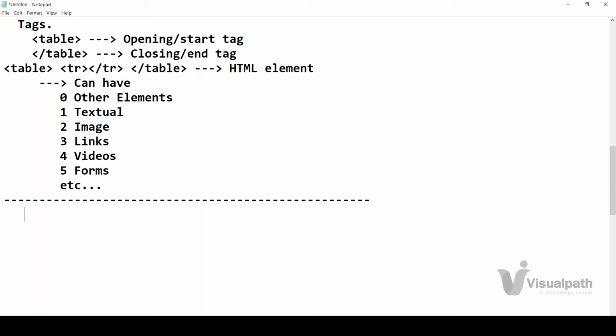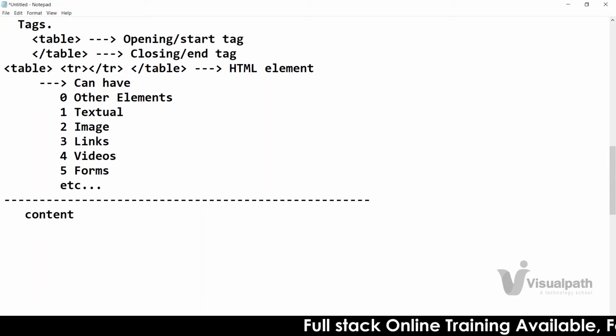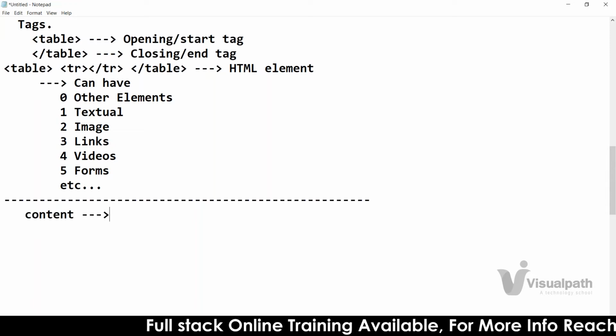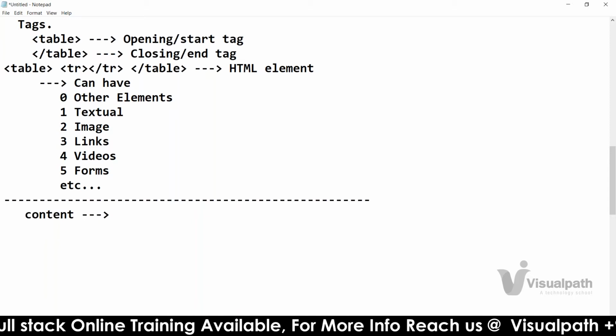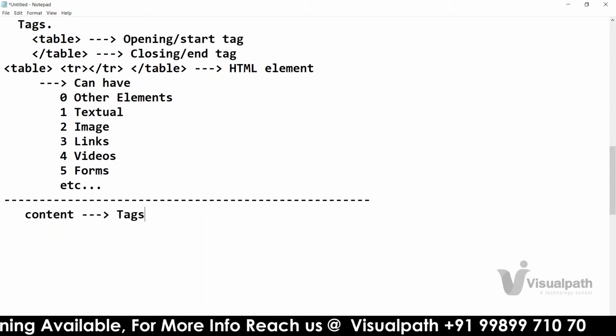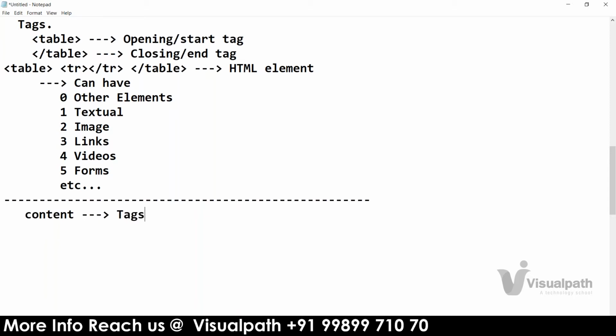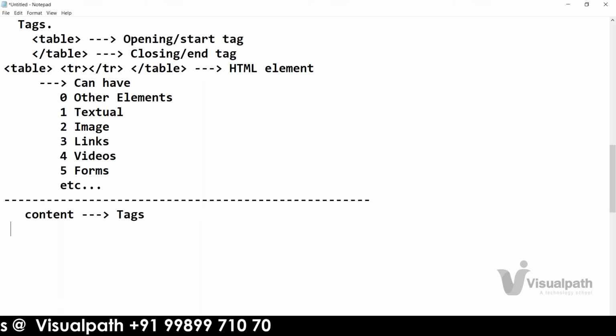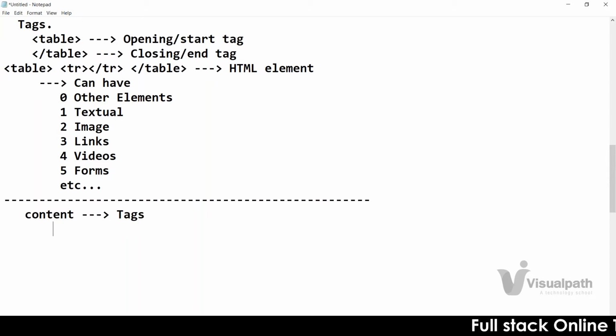Content will be added in HTML with the help of tags. Everything will be added with the help of tags. For adding text, we'll have certain special tags. For images, we'll have some specific tags. So when it comes to textual content, first we'll go with text. Before learning these tags for text, I would like to talk about a basic template that any web page will be following.